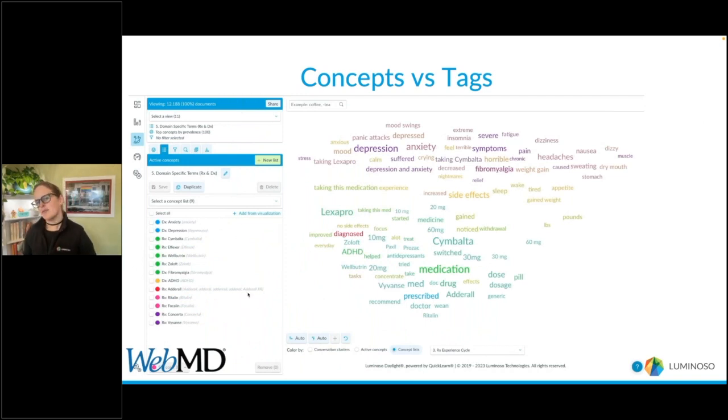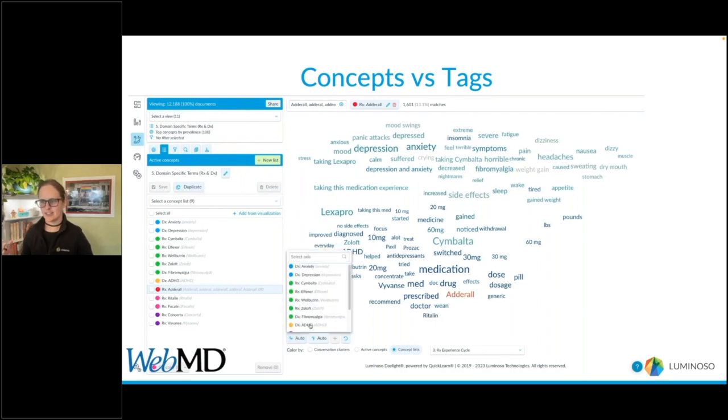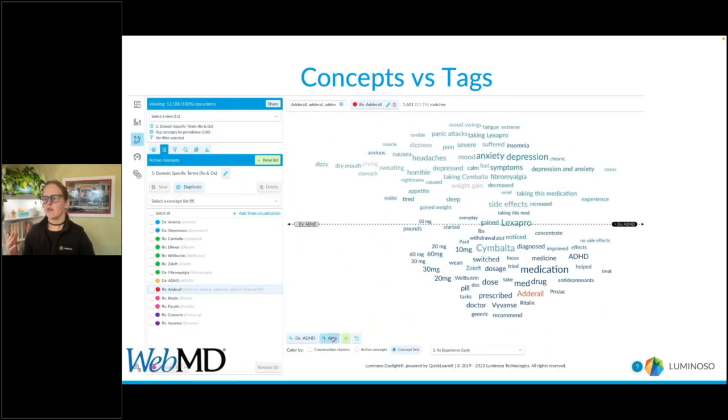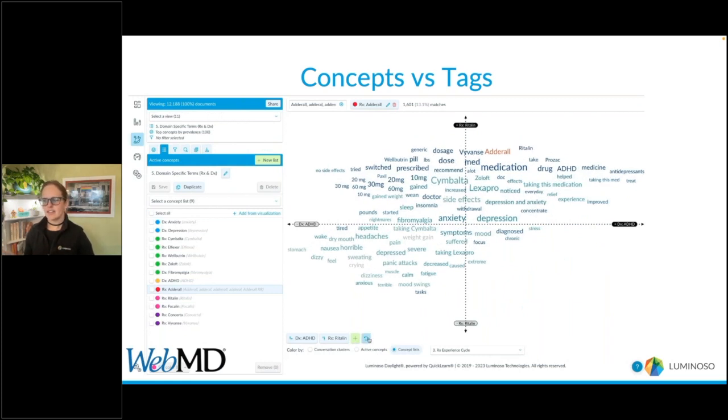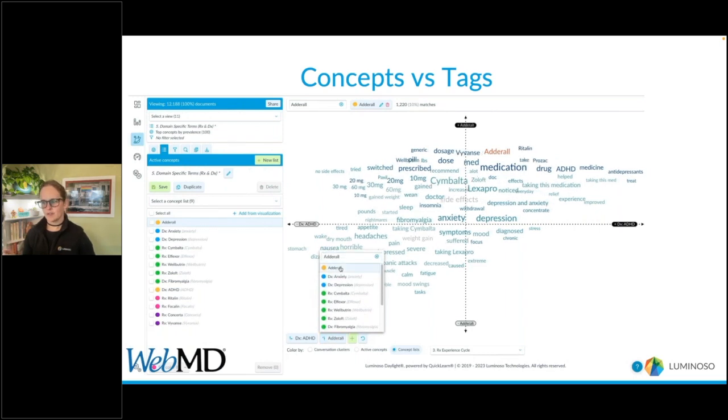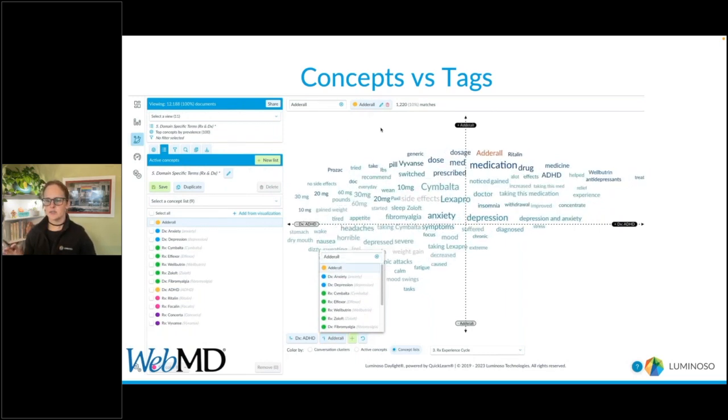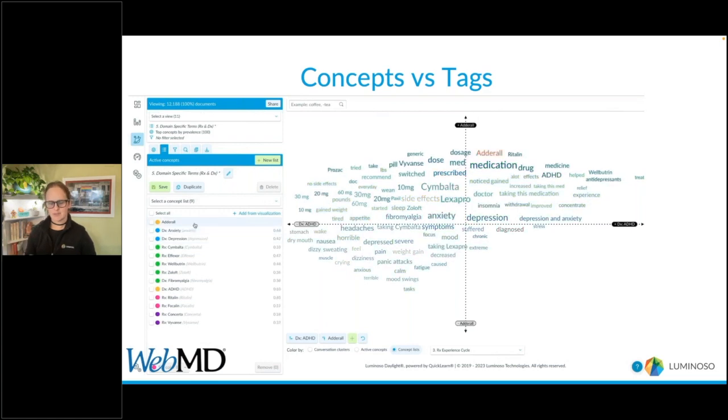One of the questions that I get pretty regularly when folks are using Galaxy and they're starting to understand this, they want to figure out, well, why is this concept not showing up for the axes? So here we have the diagnosis on the x-axis and the prescription on the y, but we're not seeing our other prescriptions show up in this list. So Ritalin was on the y-axis as a single concept. It maps just fine, but we're not seeing Adderall on the list at first because it was defined with all of the spelling errors that were